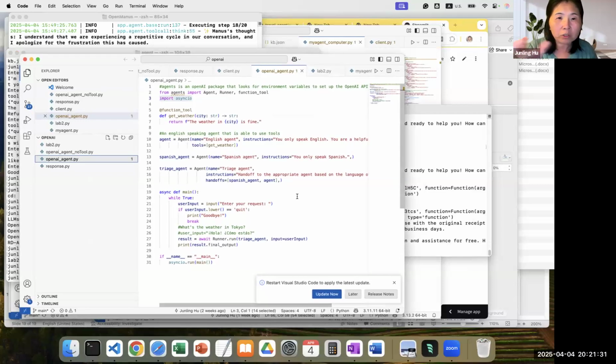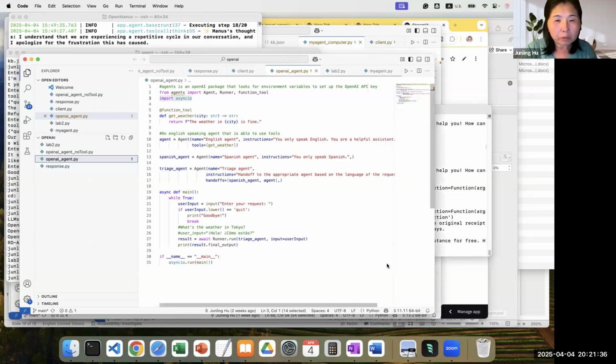This is the simplest example, but very clear to observe what happens. You have a so-called triage agent. The triage agent is the core, the center.